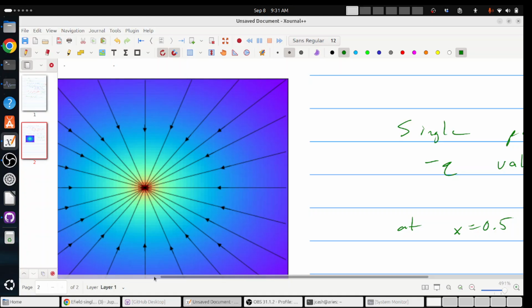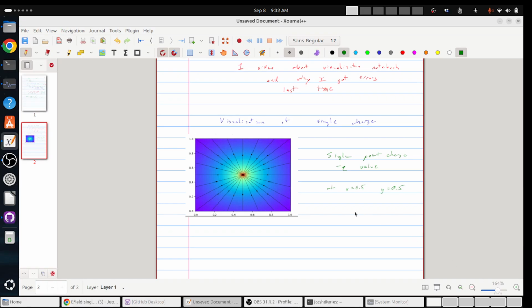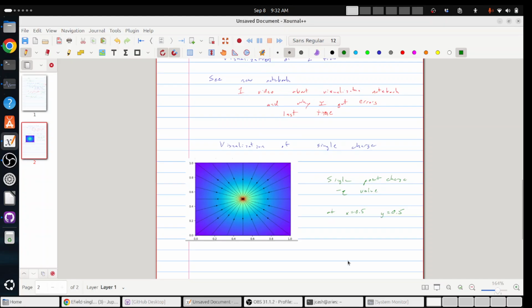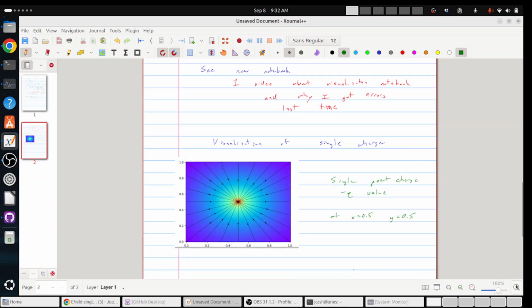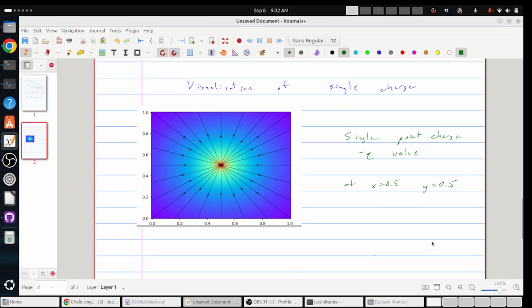which matches what we know from general physics, which is that electric fields point towards negative charges. Okay? This is a negative charge, and they point towards a negative charge, because the electric field is the force on a positive test charge. And so if I were to put a positive test charge here, it would be attracted to the negative charge. And so it would get pulled towards that. Okay? So again, in general, we would have the E field points